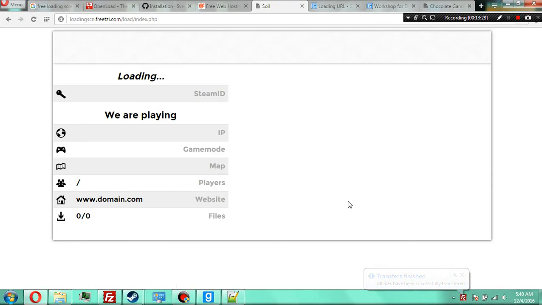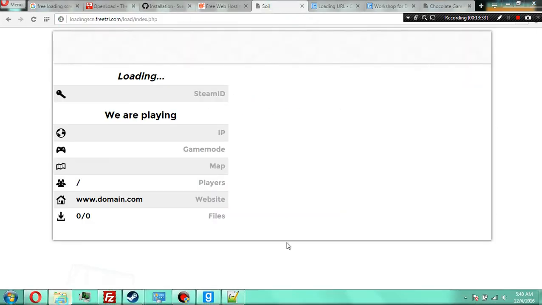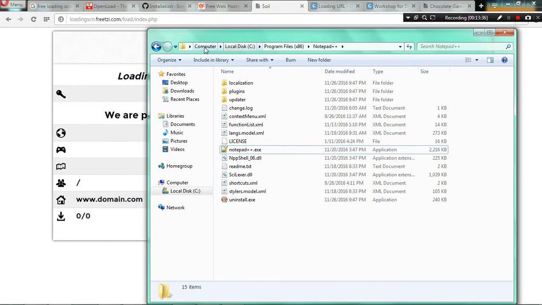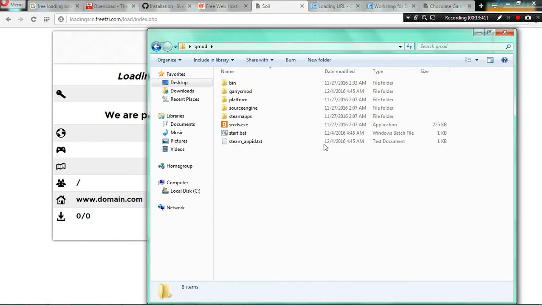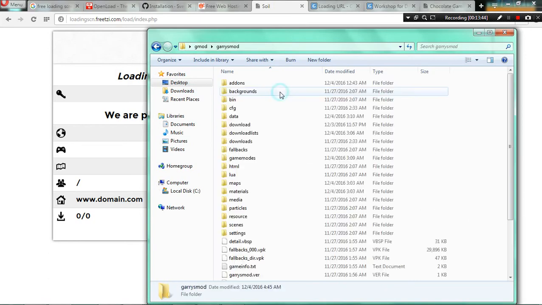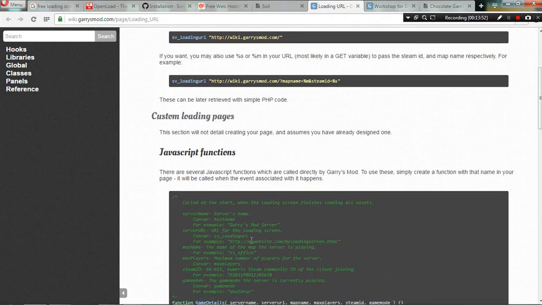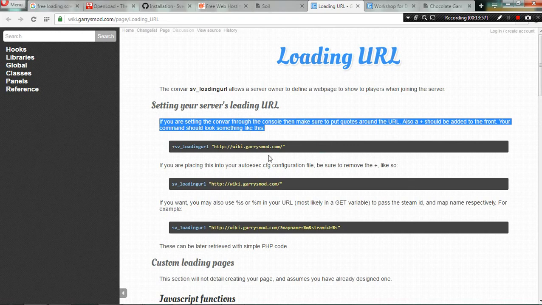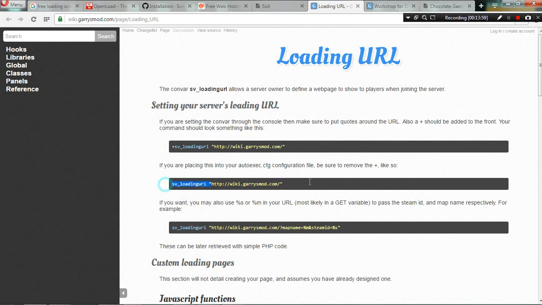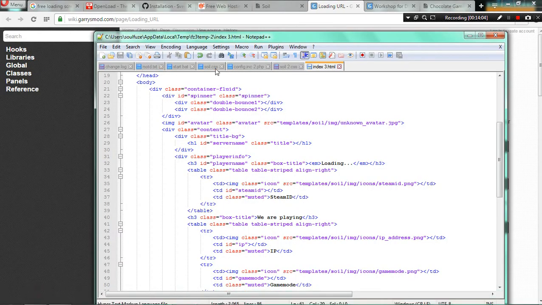That's basically it, besides putting it into your server now. You're going to want to go to your Garry's Mod server folder. There are different ways you can do it. I'll leave this link in the description for you. You can put it in your console, but the only thing that I know really works is putting it into